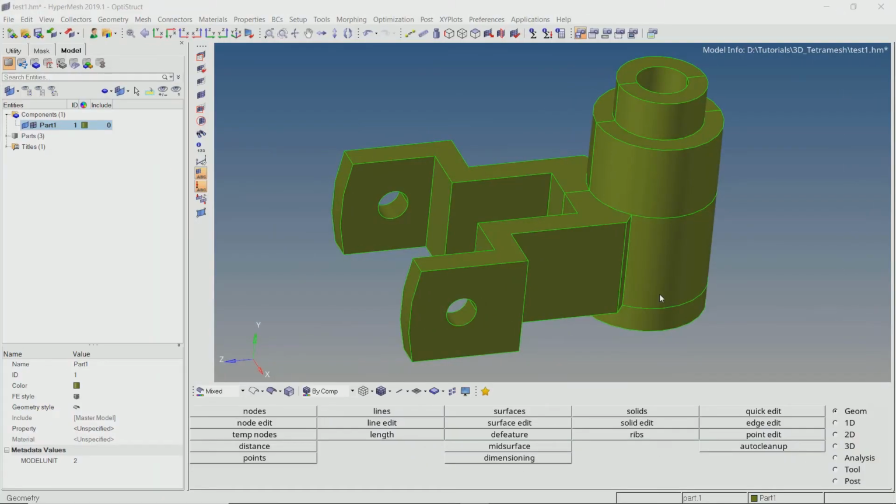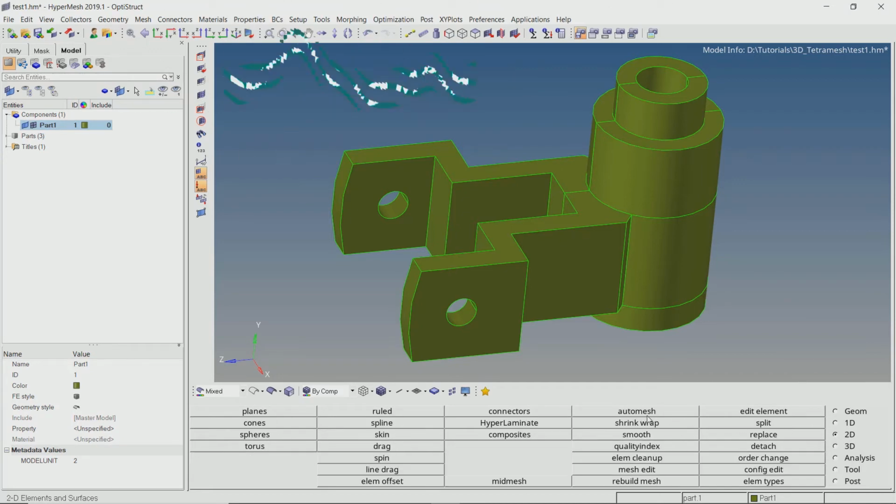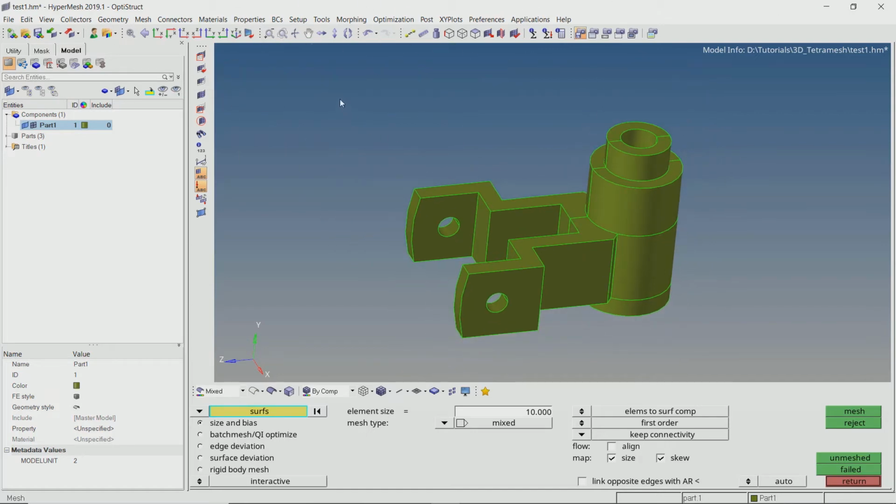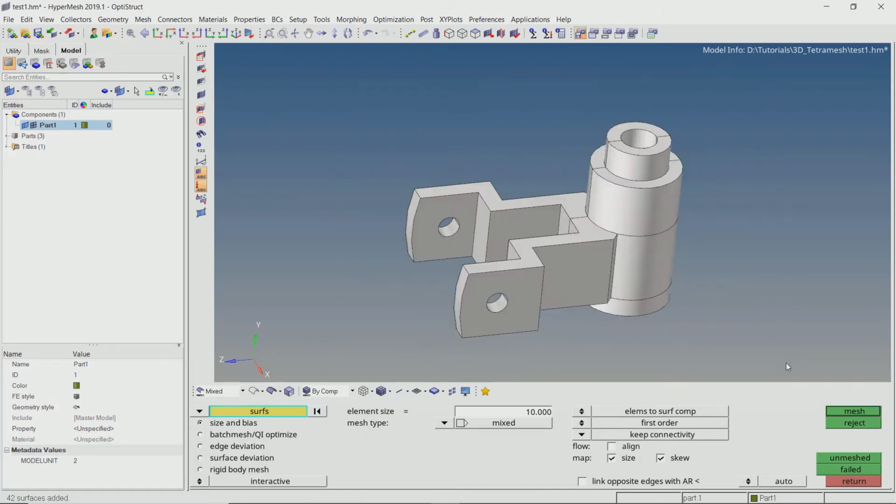In this method, we will first create a 2D surface mesh on all our surfaces. Select all the surfaces in our model. With a proper element size, switch the mesh type to R-trias.